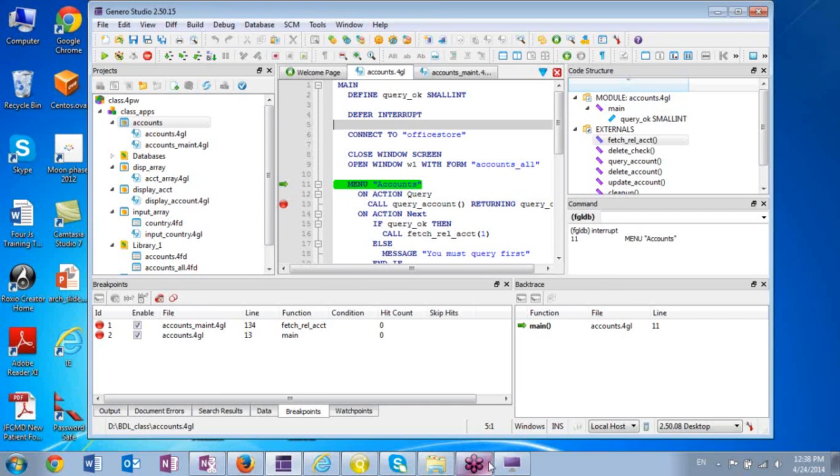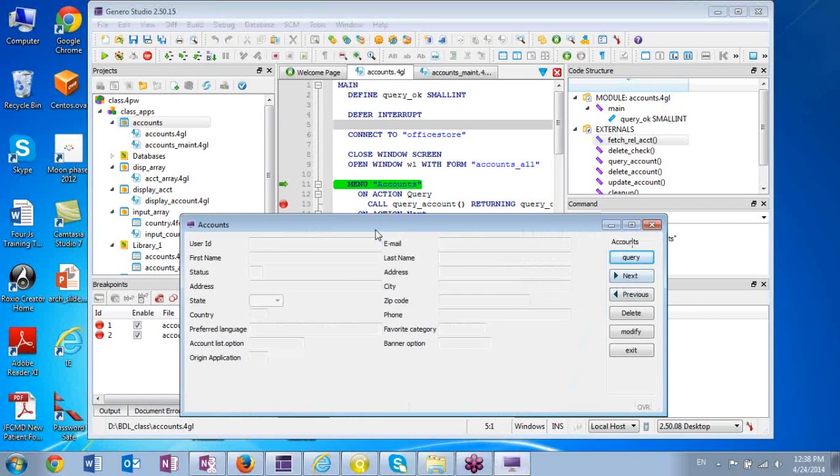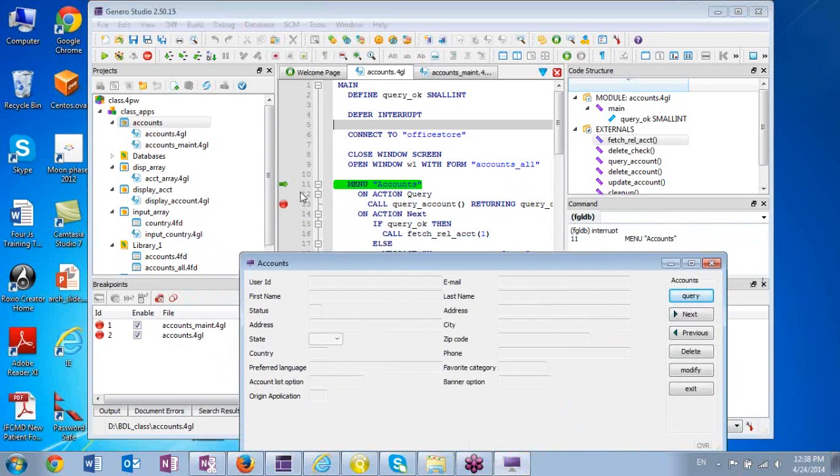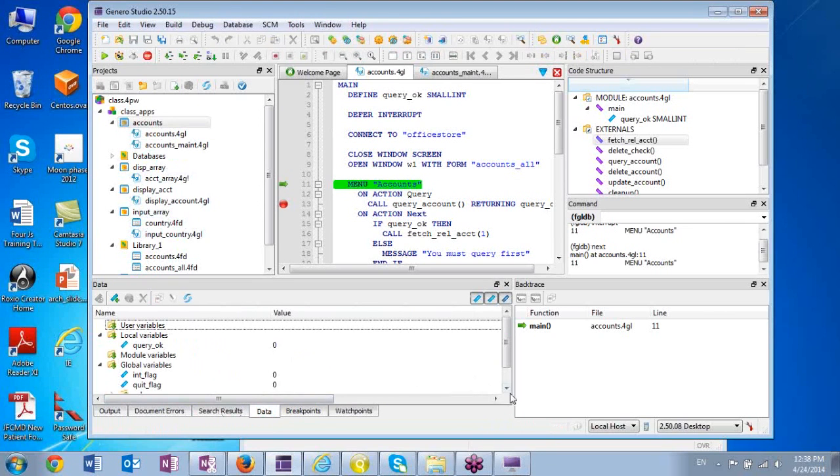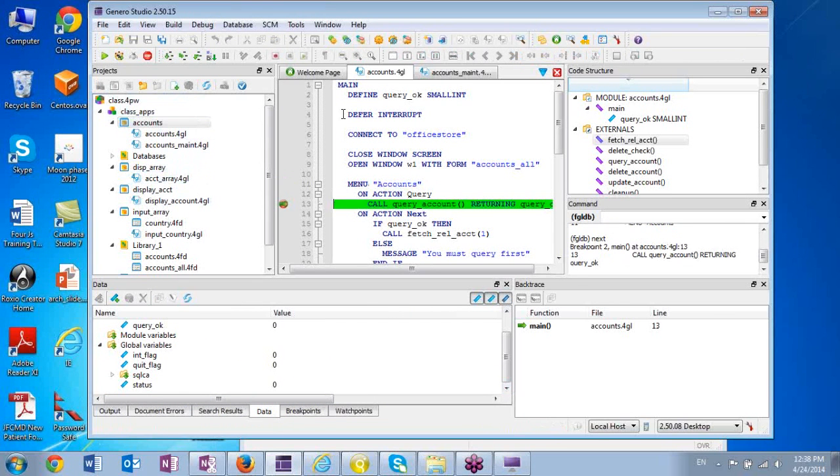All right, so here we are in the menu, and it's still waiting for me to do something here. It's waiting for me to tell it what to do. So I'm going to say, go ahead and do a next. So I clicked next, and now I can see I've got some... nope, not just yet. All right, do it again. Here we go. Now then, we've got call query account,